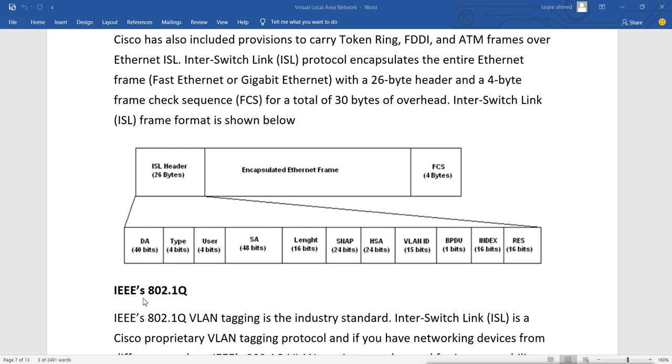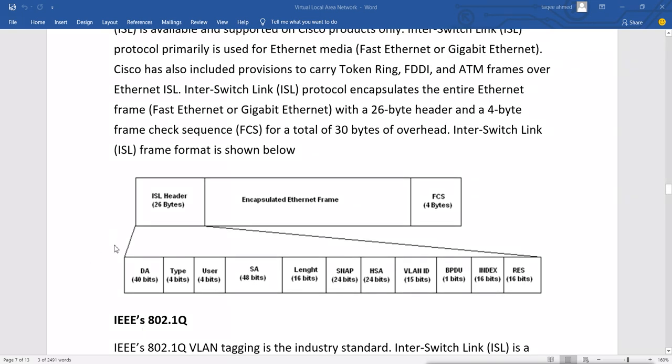Why? Because ISL actually creates unnecessary space. All these values like DA, user, type, SA, length and so on are mostly empty. They are just junk values included in these. These fields are unnecessarily added.